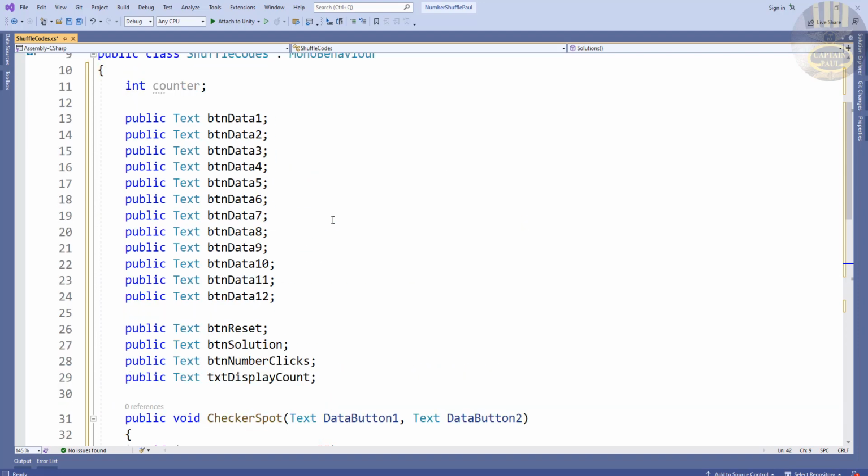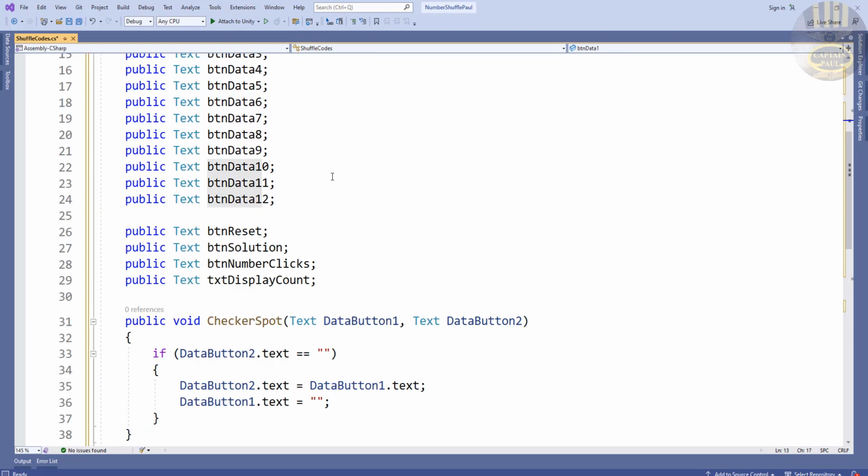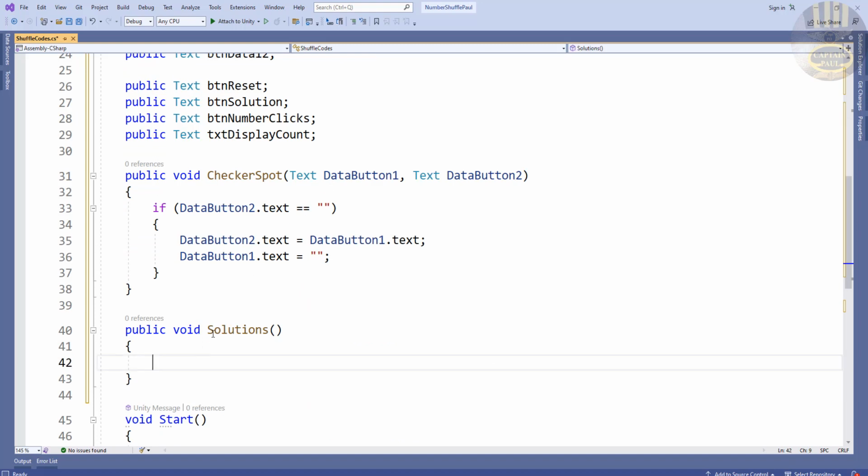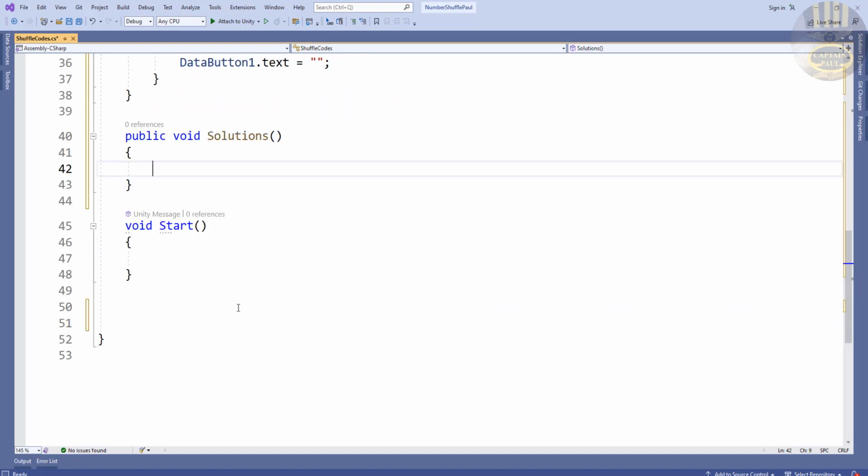What we are now checking is if btn data 1 is empty, no, is equals 1. So if btn data 1.text equals 1,